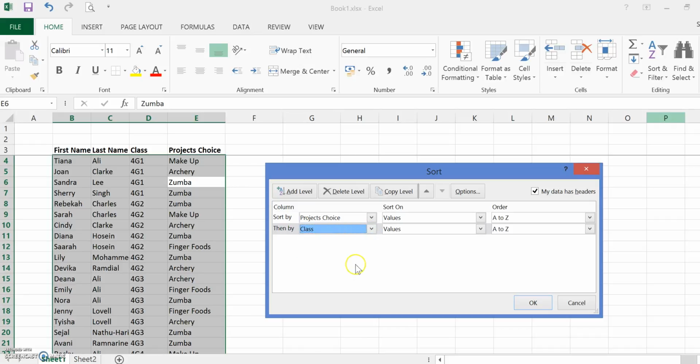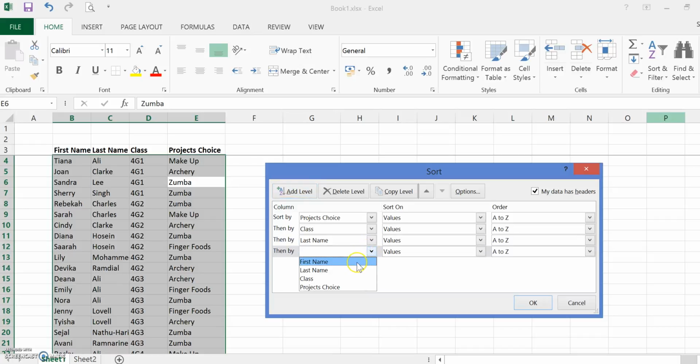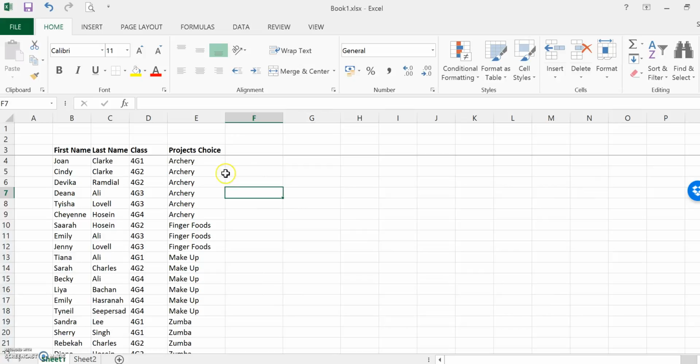Within each class grouping for each project, I would then like to sort the students by their names. So I'm going to add a sort for last name, then first name. All of these are being sorted in ascending order. When I click on OK, I can now see that all the students taking part in archery are appearing together,